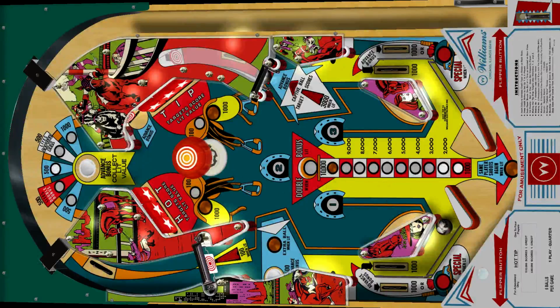So the kick out sends it to the left of the pop bumper, which I don't know if that's normal play or not, but I know the one that I was playing in Pinburg sent it right to the pop bumper. I mean, it sent it straight down. And you can see the hot tip that I was playing